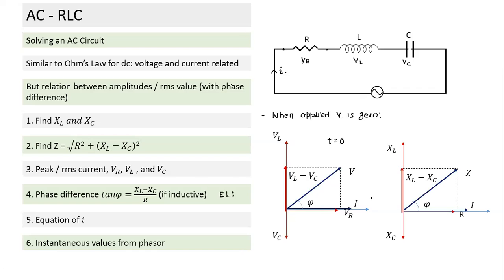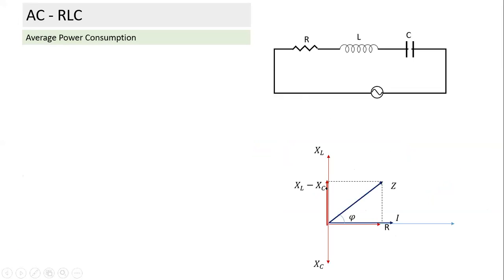We will rotate by the angle phi, and this will become 0. The second thing we notice is that whatever phasor we have in voltage, we have the same thing in terms of reactance, impedance, and resistance. Both are similar triangles, and we can find instantaneous values. I'll come to that question. I think I have drawn it in the next group.